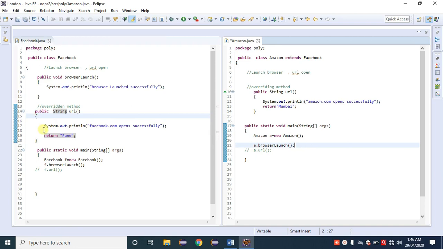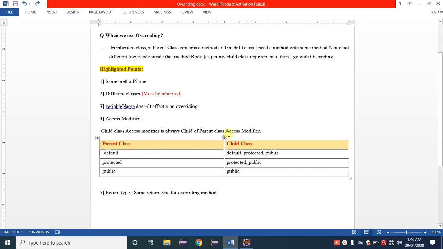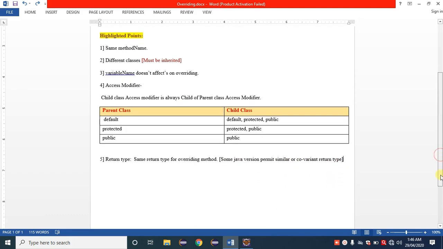If the parent has int as a return type, here must be int. If the parent has void, the child class must also have void. We cannot take a different return type. But in some Java versions, after 1.5 or 1.6, a covariant return type is also permitted. I have given that here. You can check that one also.